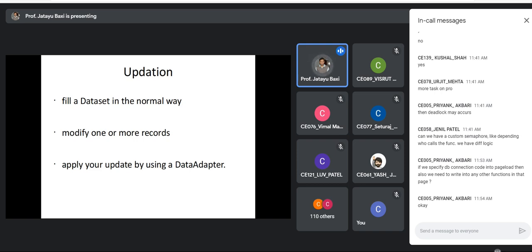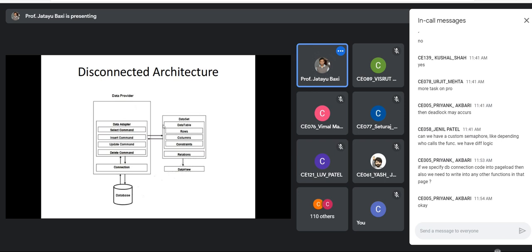Since we are dealing with this disconnected approach, now the class names will also change. Instead of data reader, you have data adapter. You can see this architecture.